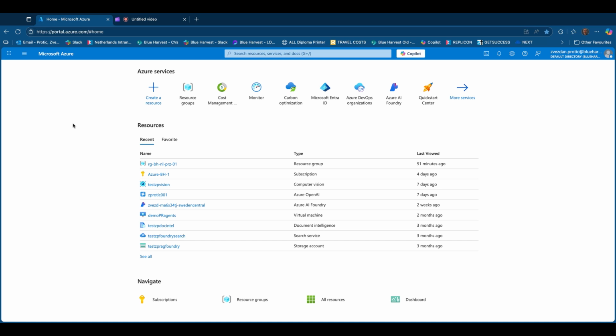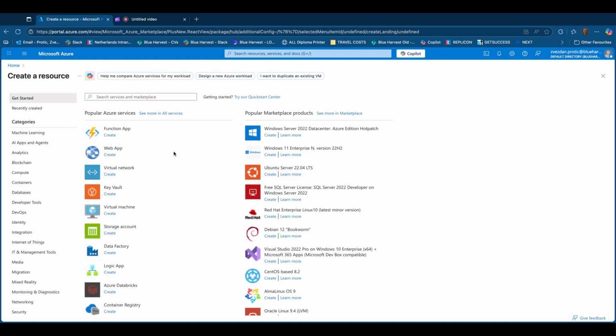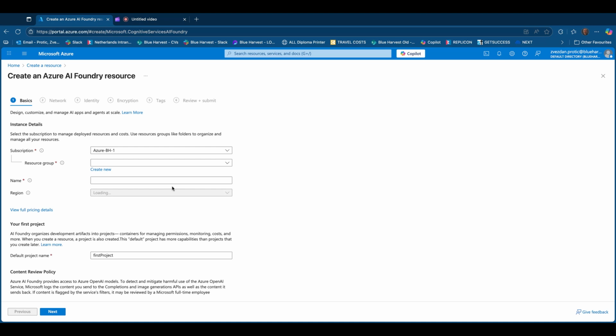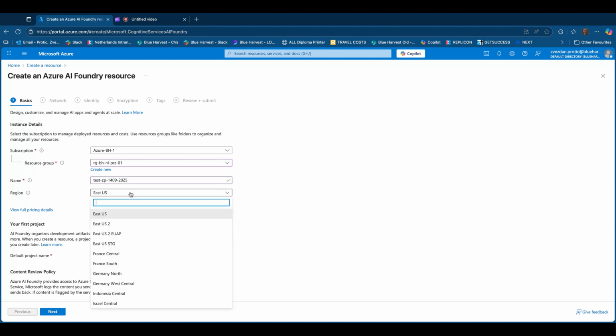So, how can you set up Azure AI Foundry? Well, first you need to create a resource. Azure AI Foundry is an AI resource. Just click create. You then need to select your subscription, your resource group, your name, your region,